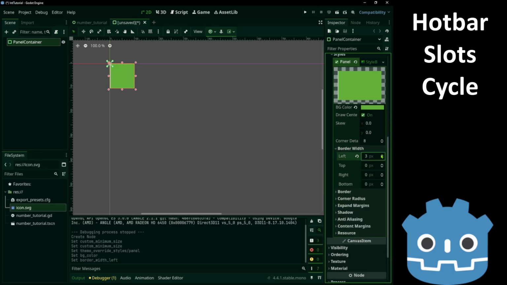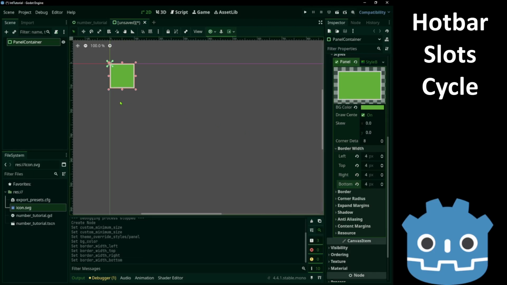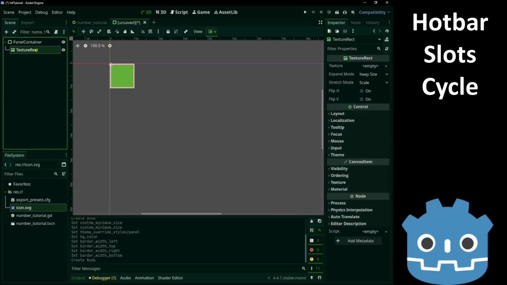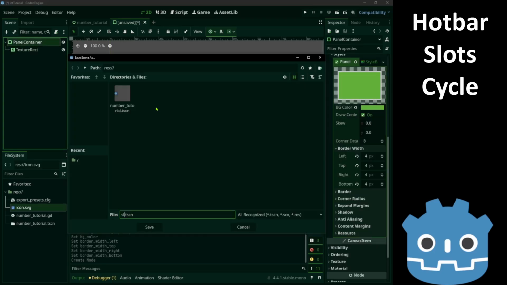Let's create a border. And I'm also going to add the text to rect. Now let's save this as slot.